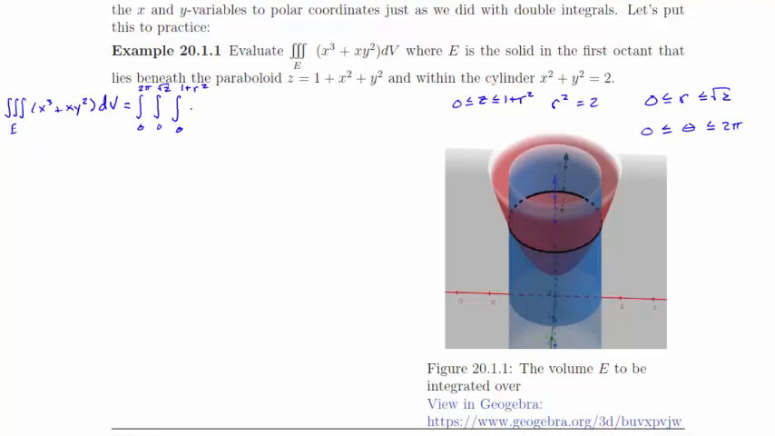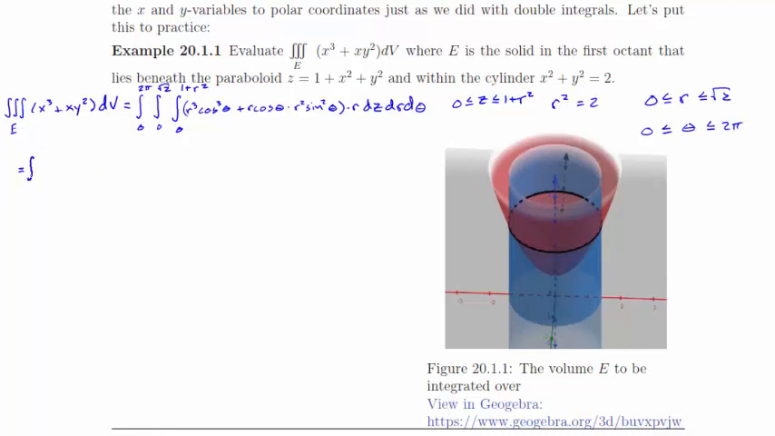Then we're going to have r cubed cosine cubed of theta plus r cosine of theta times r squared sine squared of theta times r dz dr d theta. Right, and that r is from our polar form. And so then this equals